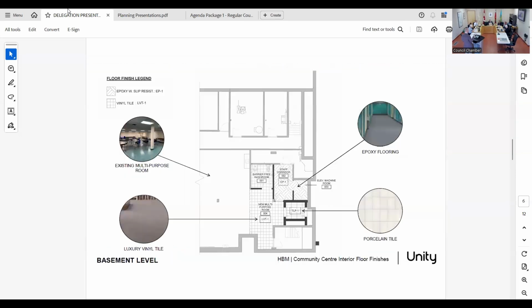So the proposed flooring going from basement to ground floor. So we're in the basement level now. What we're looking at here is a small area of the limited construction that we're focusing on in the basement. So we have the brand new elevator. The elevator floor we would be proposing to be porcelain tile. We have to use your existing machine room just to the north. We're proposing epoxy flooring, so that's